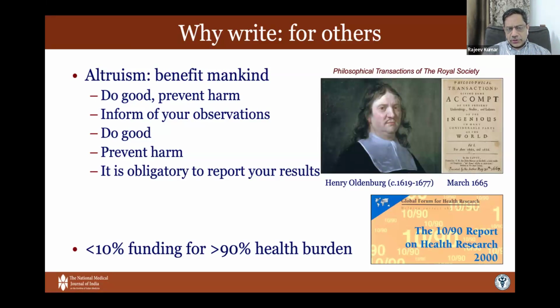But then let's go back to understanding the concept behind journals and the concept behind writing. Writing for journals is something that's more than 300 years old. The first recorded medical science journal was somewhere in the 1600s. It was called the Philosophical Transactions of the Royal Society. The journal, in some form, still exists today. And when we started writing, the whole idea behind writing an article was that you were doing it to help others. It was supposed to be altruistic.